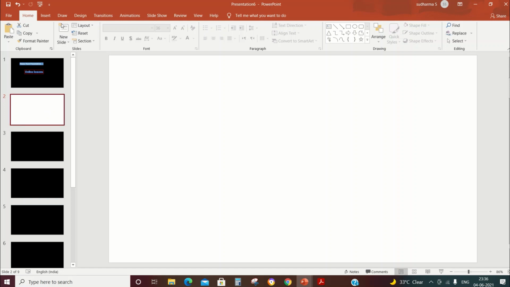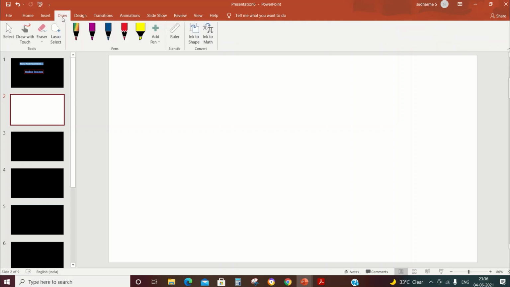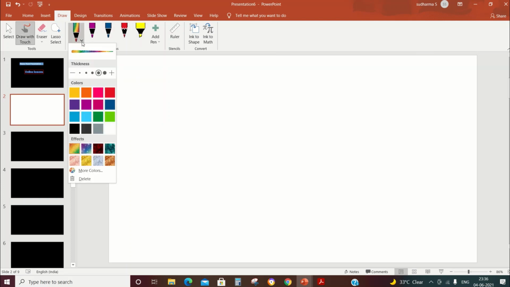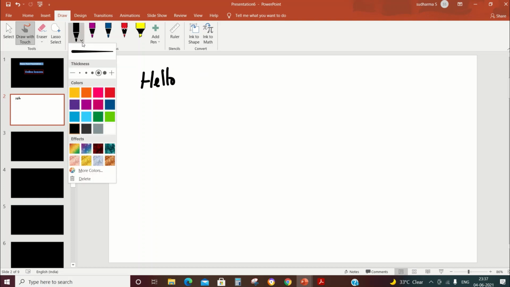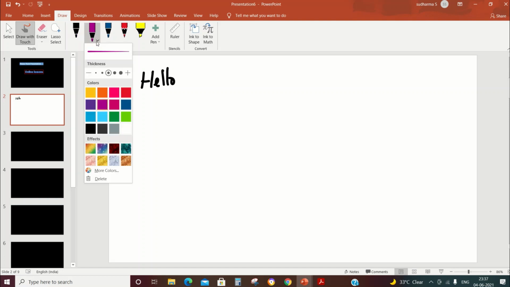So to write on the board, I'm going to click on the draw option. When you click on the draw option, you will be seeing a lot of pens here. So you can choose any pen and you can just choose any color you require. Okay, so we can write with that pen. So we have the pen tab and the tools for online teaching. So use that pen tab to write on this, because writing with the mouse is going to be very difficult. So you can even change the thickness of this.